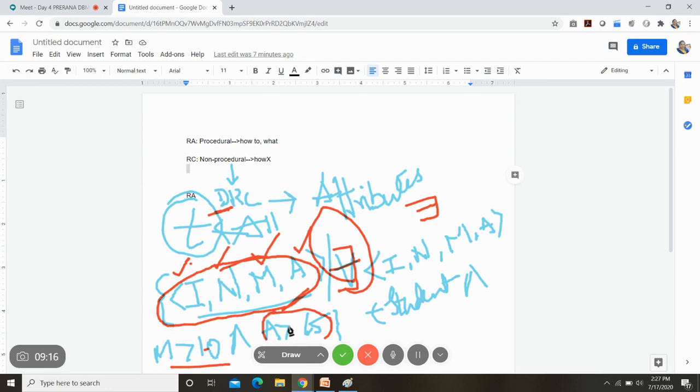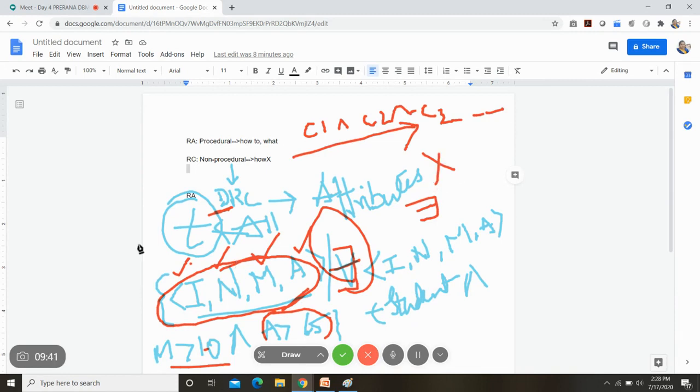So among these two, M and A, which one should be executed first? Again, it is not provided here. Whatever conditions you have, C1 and C2 and C3 and so on, you are providing all the conditions one by one. How you execute these from your table is not specified in DRC.